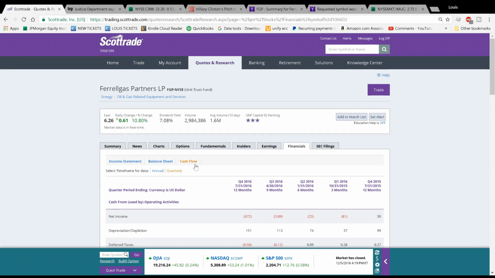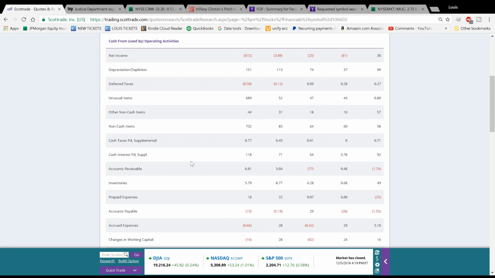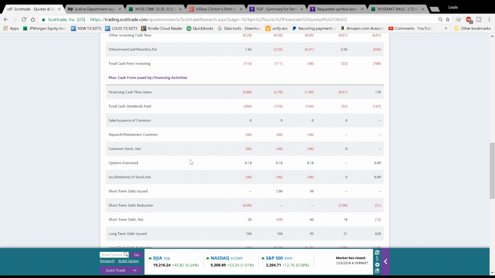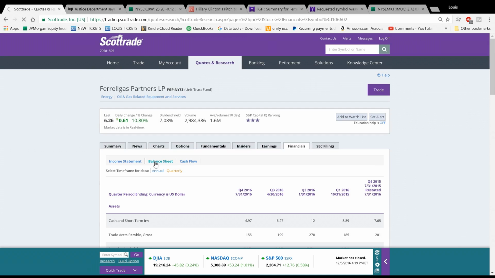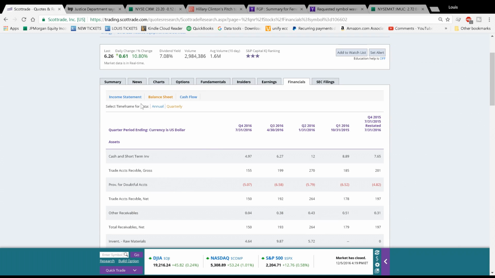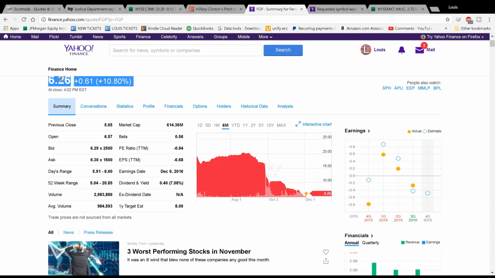This, to me, seems like a Ponzi scheme. I mean, not exactly a Ponzi scheme, but again, when you look at the amount of money that they pay out, when you look at the amount of money that they have on hand, and when you look at their actual net income, this adds up to me to being a penny stock. So again, it went up 10% today,